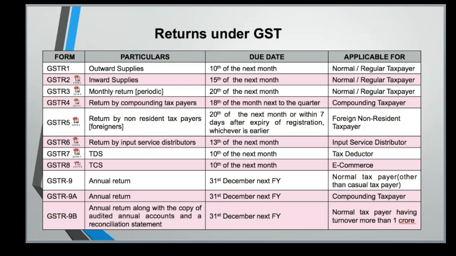It will be kept with the government in the electronic cash ledger, and then whatever liability comes on the 20th of the next month, the same amount will be adjusted from your electronic cash ledger. So it is not that you have to pay only on the 20th of the next month. You can pay it at any time, today or tomorrow as per your wish. It will sit in your electronic cash ledger, and this payment has to be made tax category wise.